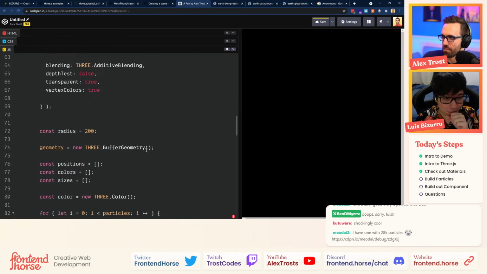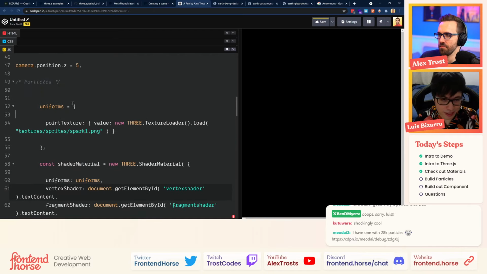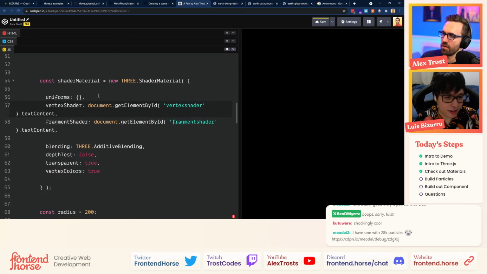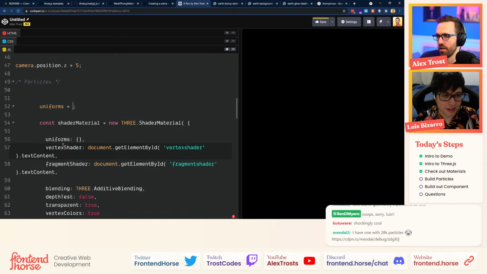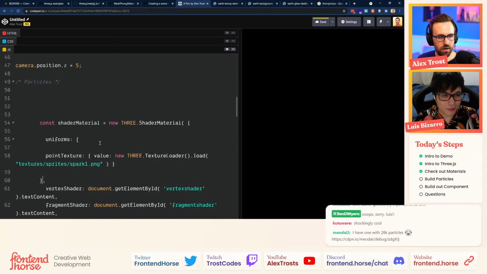Cool. It's breaking because of this, is my guess, but maybe something else. I don't know. Yeah, we can simplify that a little bit. Okay. Let's remove the uniforms equals object and pass this object directly to the shader material. Okay. So just put it here, right? Yeah, you can just paste here, and you can remove the equal sign. Oh, that is deleted. Hold on one sec. Yeah, cool. All right. Got that in there.